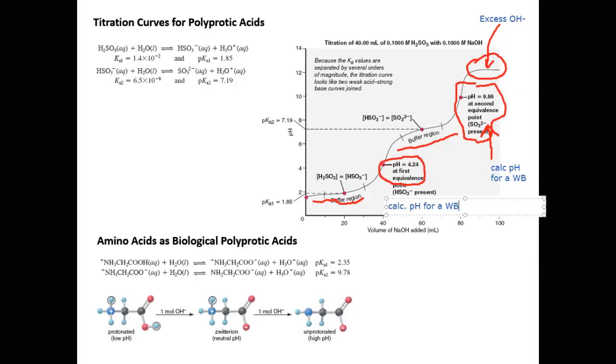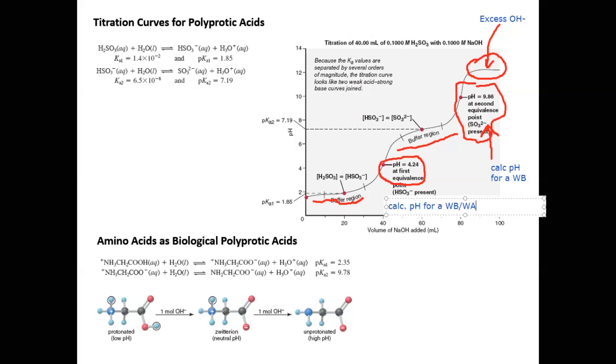I guess you could calculate it as a weak base because there's only weak base left, but then it also turns into the weak acid. So I don't know if it's weak base or weak acid. I'd have to double check that. But you would calculate the pH as if it was just a weak base solution or a weak acid solution. So if you use the weak acid, then you could determine,